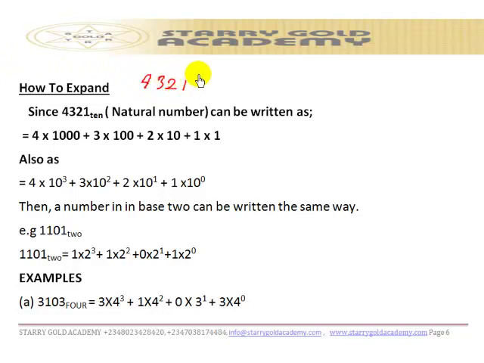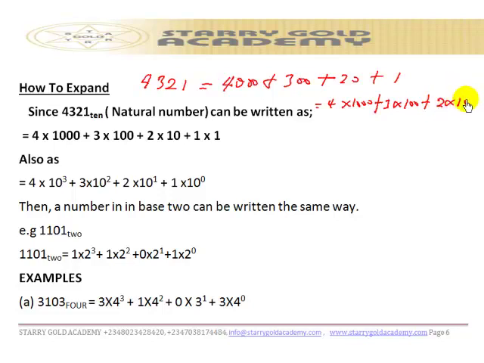4,321. This 4,321 is the same thing as 4,000 plus 300 plus 20 plus 1, and 4,000 is the same thing as 4 times 1,000 plus 3 times 100 plus 2 times 10 plus